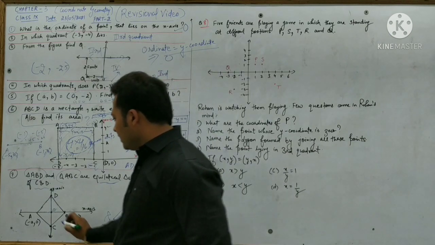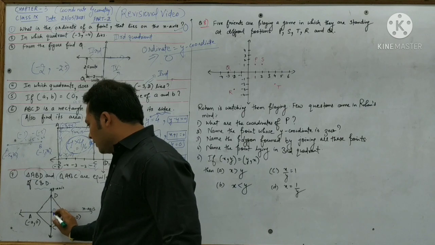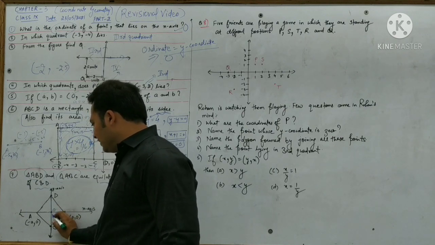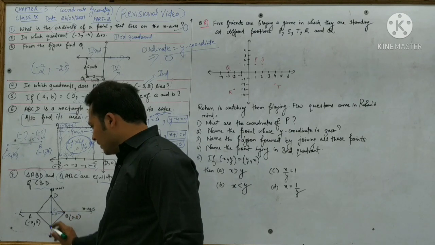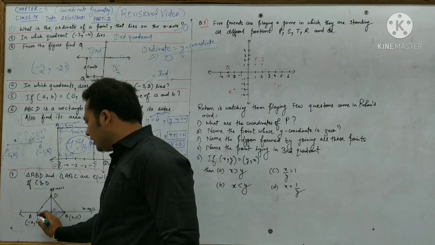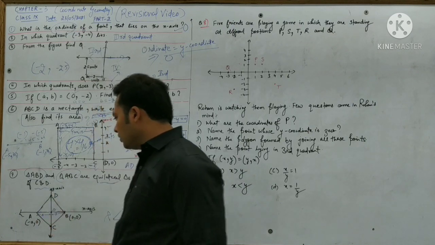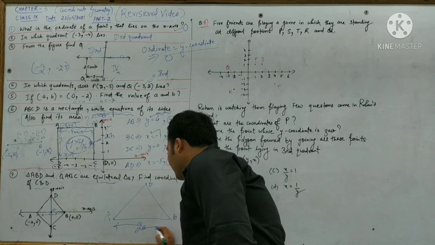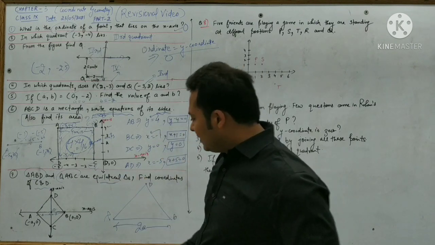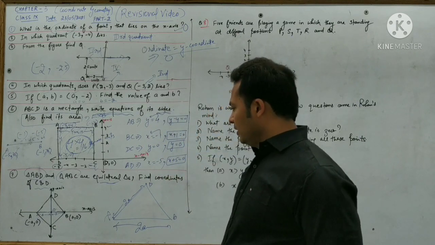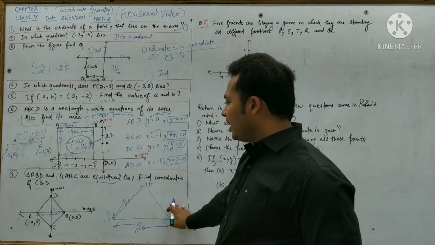See बच्चे, it's origin 0, 0. To the right hand side of origin we have B, A, 0. It means that this distance is A. To the left hand of origin we have -A, 0. It means that this distance is also A. So length of AB will be 2A. And an equilateral triangle is a triangle in which all sides are equal. So length of AD and DB will be 2A.